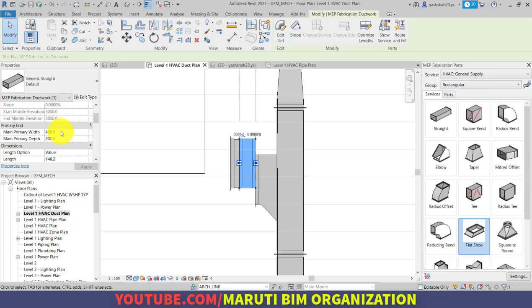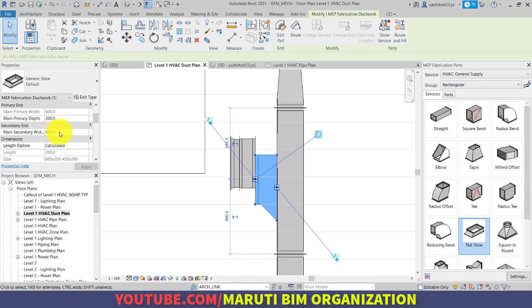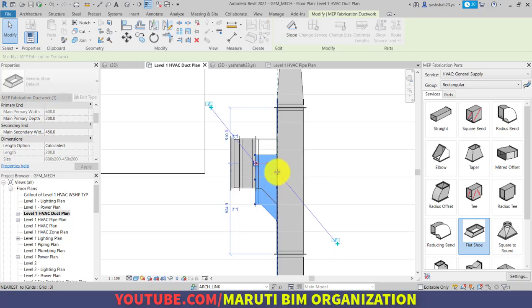So 450 width, 200 is the depth. So here is also 450 width, 200 is depth. Now let us click and drag.